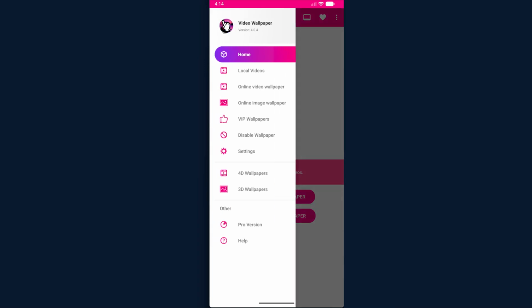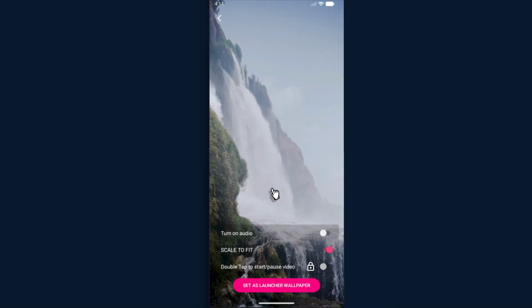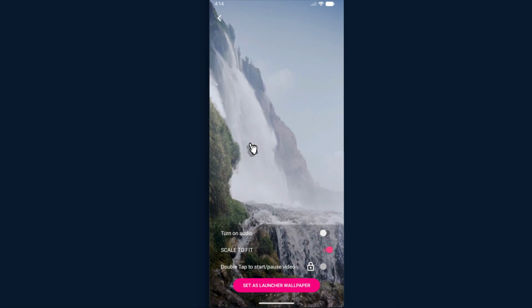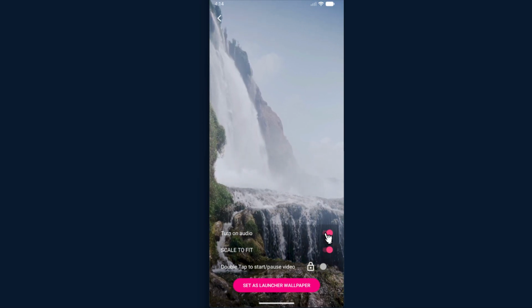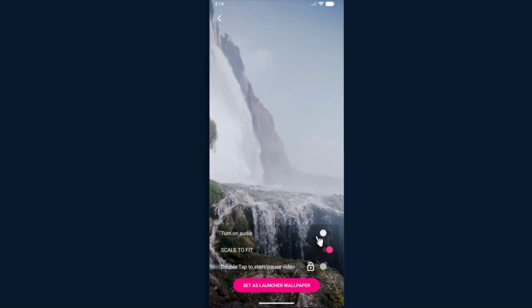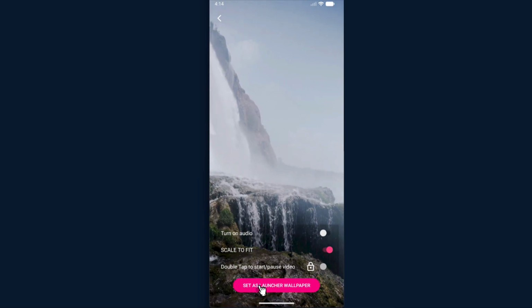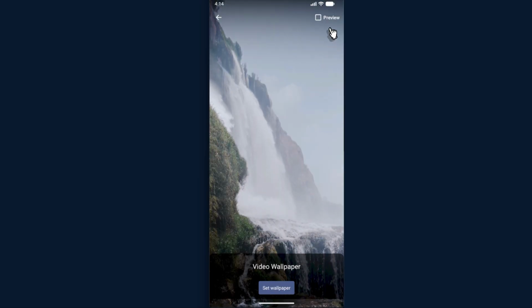Allow all, give the necessary permissions, click on this three line on the top and select local videos. And now select the video we downloaded. And if you want audio in your wallpaper, then turn it on. If you don't want it, you don't have to turn it on. And then scale to fade, make sure it is on, and select set as launcher wallpaper and select this